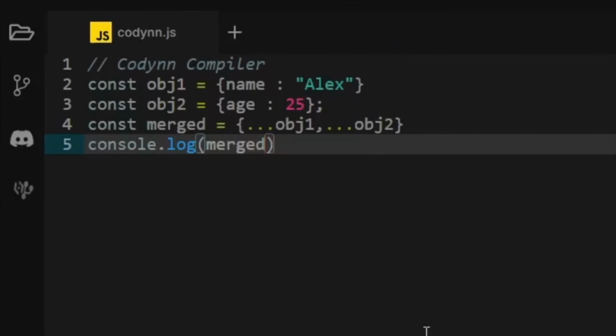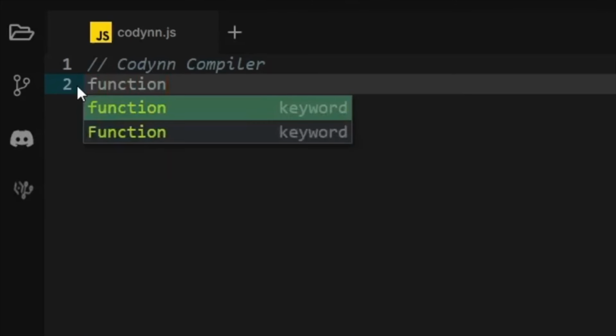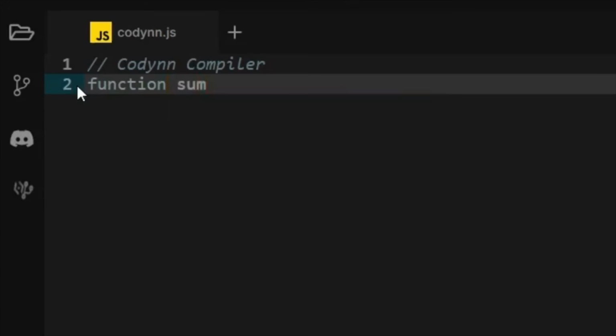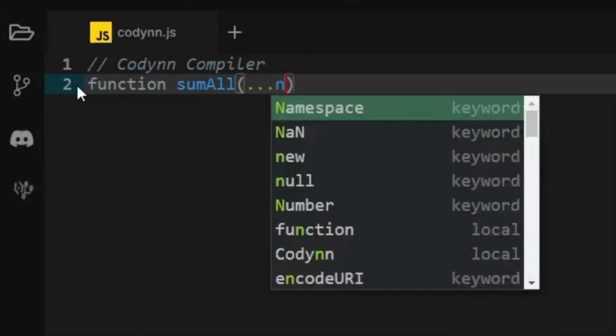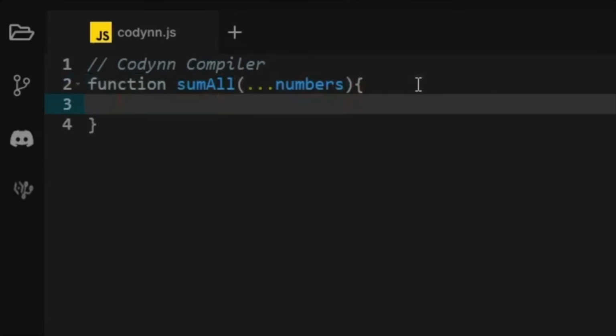Now moving on to the rest operator, it is for when you want to merge all of the different items into an array. So suppose I have a function which takes in an array, called sumAll. So I'll use the rest operator in this case, dot dot dot numbers, so that any number of arguments that are passed into this function when calling it are stored in an array. So open this and